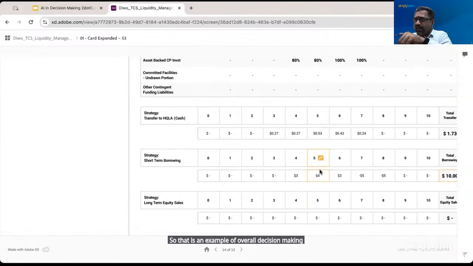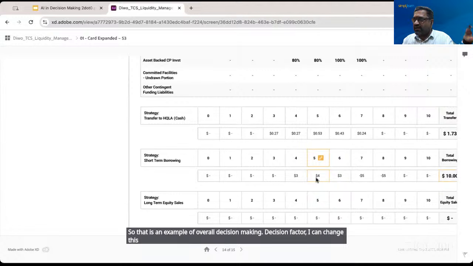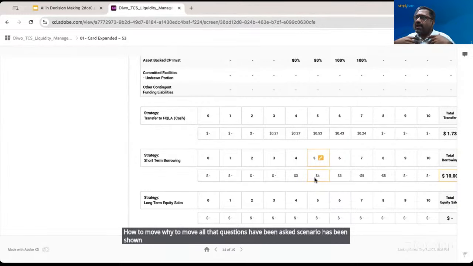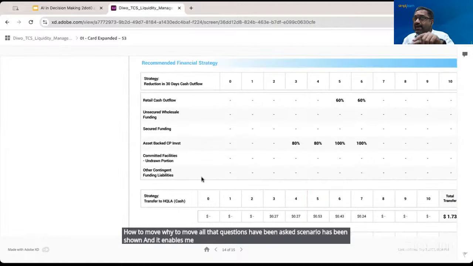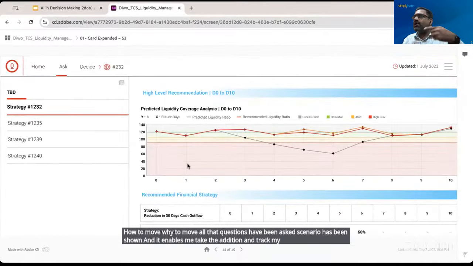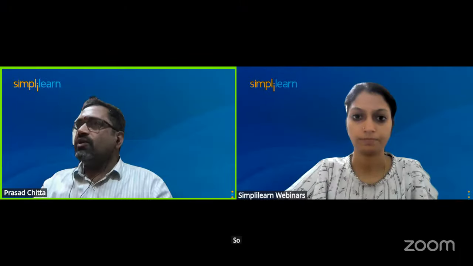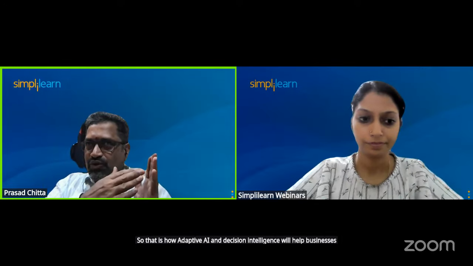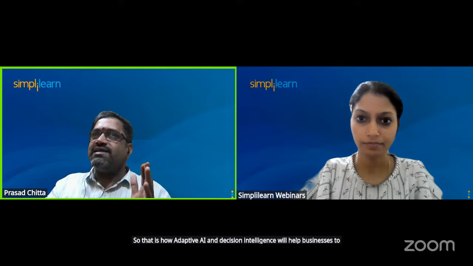Decision factor, I can change this factor. Instead of 4 million, I can move 6 million from somewhere. How to move, why to move, all those questions have been asked, the scenario has been shown, and it enables me to take the decision and track my strategies, how they have performed over time. So that is how adaptive AI and decision intelligence will help businesses take the right decisions using all the advanced